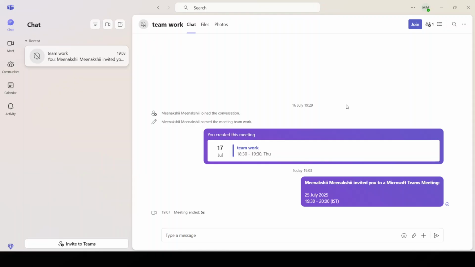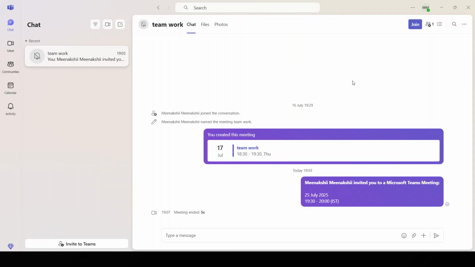If at any point you reconsider and wish to unblock the person, you can easily reverse the process. Just find the person in your blocked contacts list, often located in the Settings or Privacy section, and follow the prompts to unblock them. By understanding how to block someone on Microsoft Teams, you can better manage your communication and